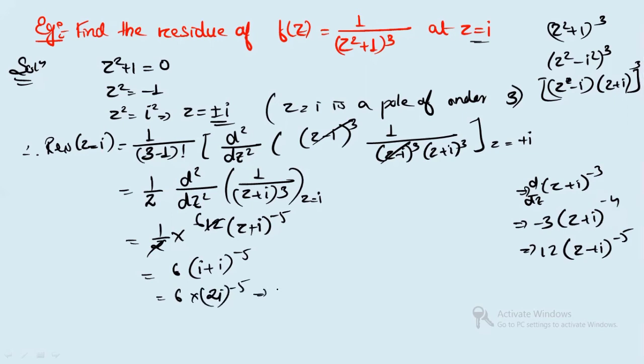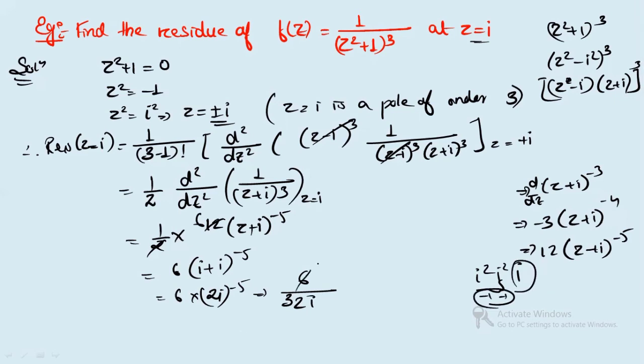When you calculate this, what do you get? Just check and see what you get. This is power minus 5. So you can write 6 by, if you write 2 to the power 5, what is it? 32. And on this side, i to the power 5 is what? i squared times i, right? So this will become minus 1, and only one i will be there. So I'm writing here i.